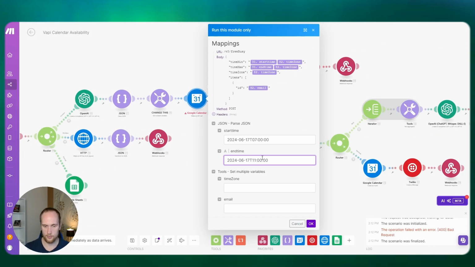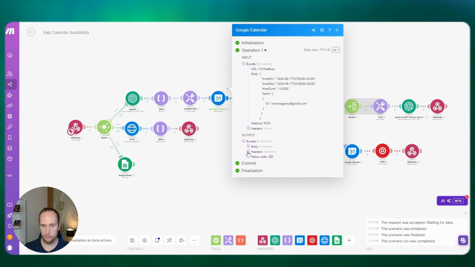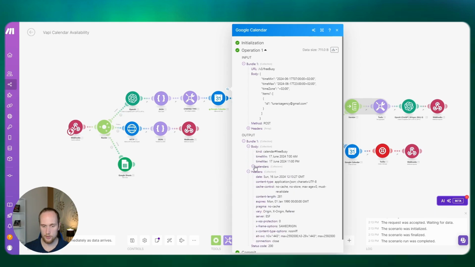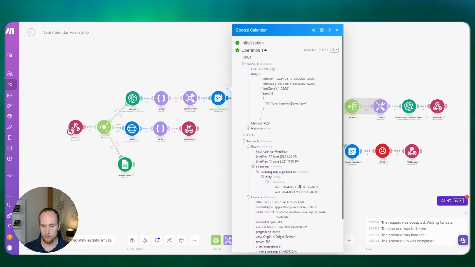So let's go 23 plus 02. What this does is grab any busy slots that I have. In this particular case, I am busy from 7 a.m. to 1:15.